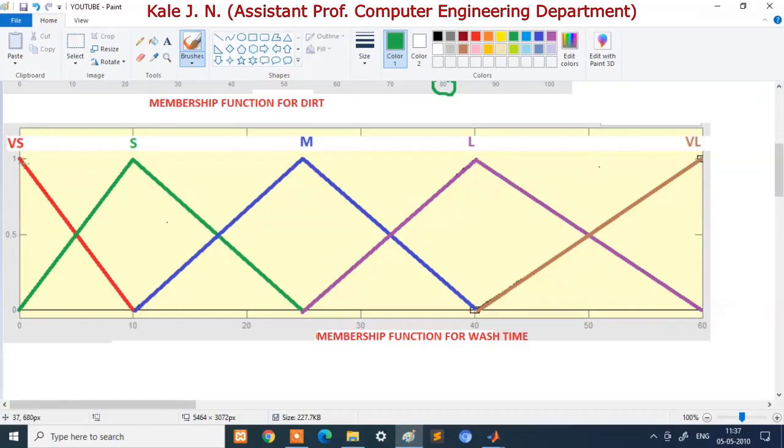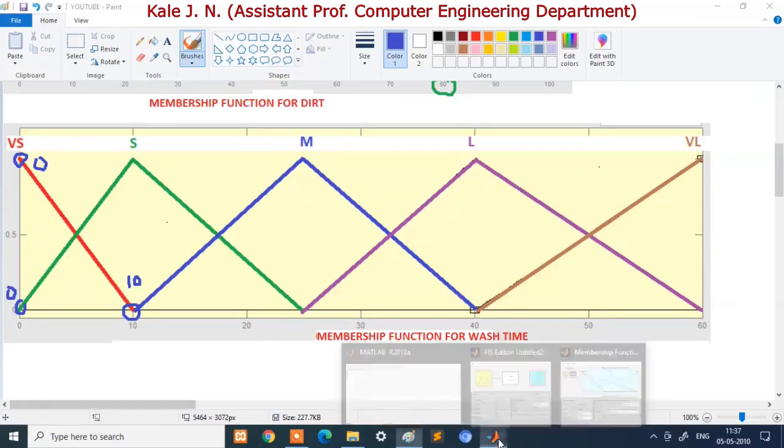So let's find out the parameters which are describing this membership function. Let's consider this membership function as triangular, and again we know that 3 points are required to define a triangular membership function. So in this case, which are those 3 points? Let's assume this is 1 point, this is the second point, and this is the third point. What are the x coordinates of these 3 points? See here the x coordinate is 0, here it is 0, and here it is 10. So we can say that the membership function corresponding to very small wash time is described by 3 parameters: 0, 0, 10. So let's put the same parameters in MATLAB.